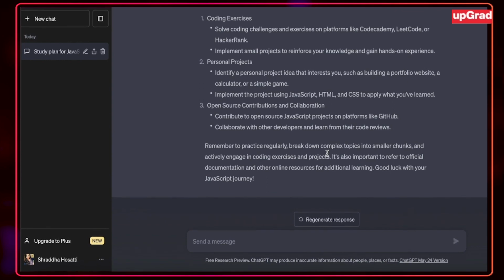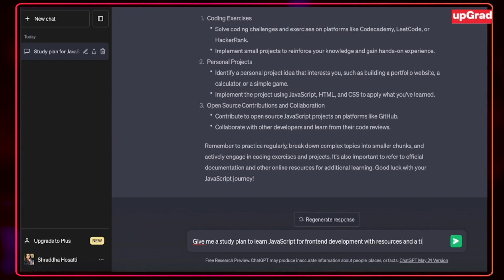But this is not enough. This is a very vague, high-level plan of how to learn JavaScript. Let's edit our prompt a little bit so that we get what we need and we get a very detailed JavaScript plan so that it is very easy for me as a developer to invest my time in it. Even though it did give a pretty elaborate answer, it is still not given me enough details. Let us modify our prompt and ask, give me a study plan to learn JavaScript for front-end development with resources